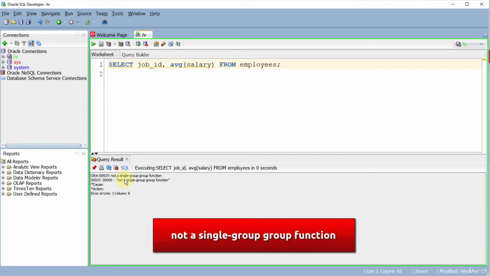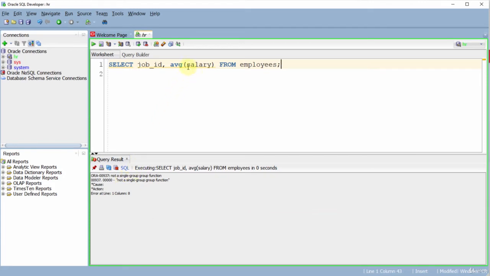Because, as I said, we need to write the expressions or columns with the group by clause that are not encapsulated within an aggregate function in the select statement. So to get rid of this error, I write the group by clause and job ID here. Since we don't need to write a where condition here, we can directly write the group by clause right after the table name. And if I run the query,